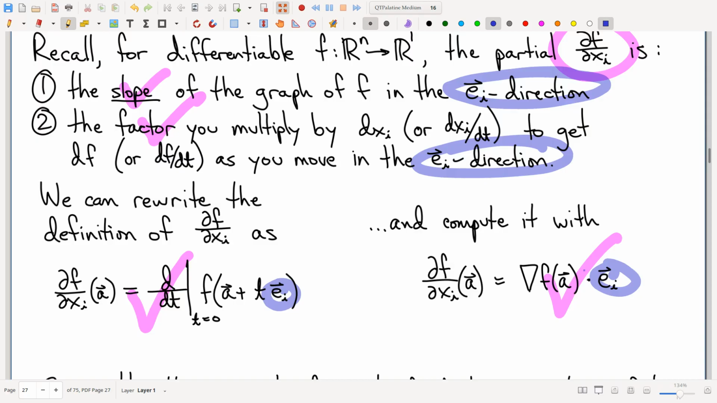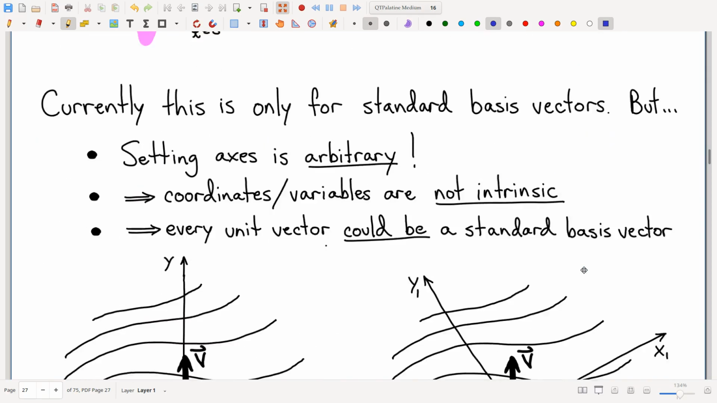Okay, but wait a second. A standard basis vector is defined in terms of coordinates. Coordinates are made up. They're arbitrary. We pull them out of a hat. They're not intrinsic to the world. Right? So,